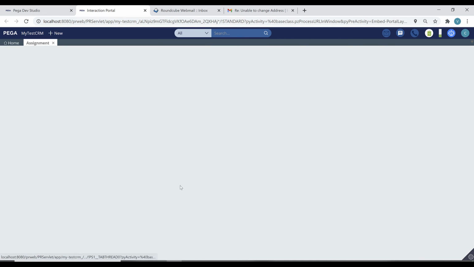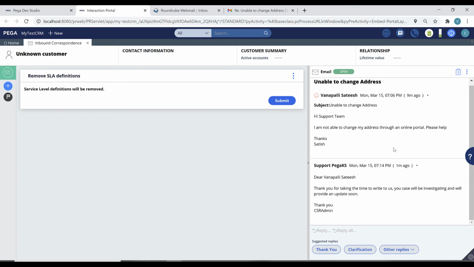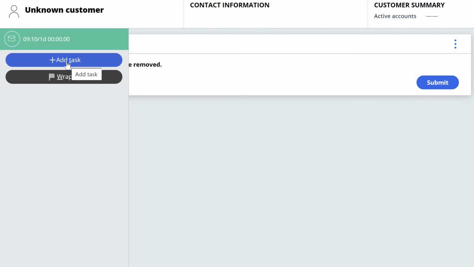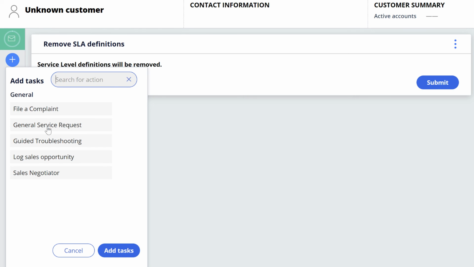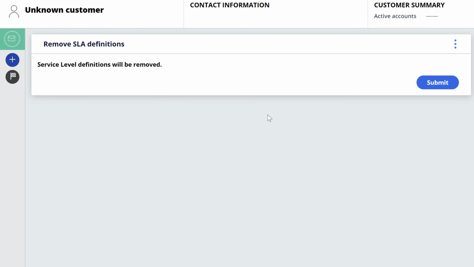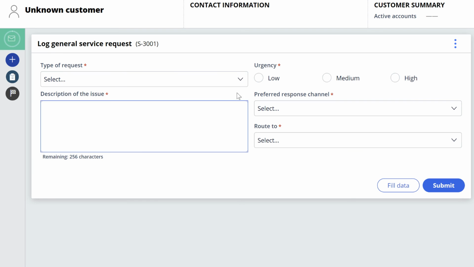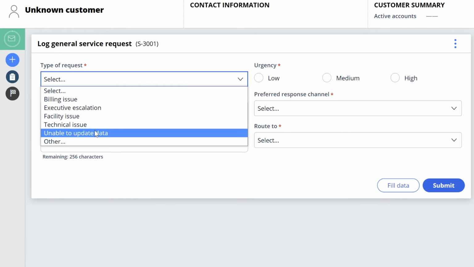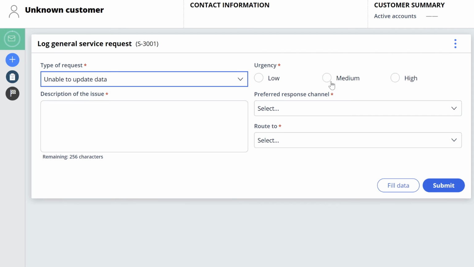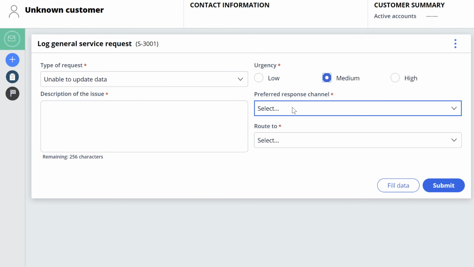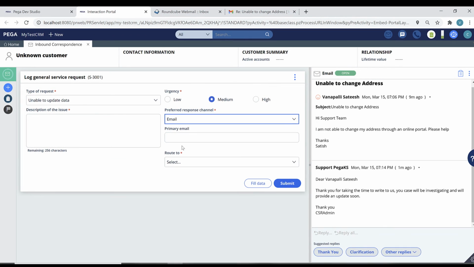If you open this interaction case again, on the right side you can see your email case. So we already sent a response, so the CSR can work on this interaction case. Let's say you can add a task, general service request. Type of request is unable to update data, urgency medium, preferred customer response channel, and this is the email ID.